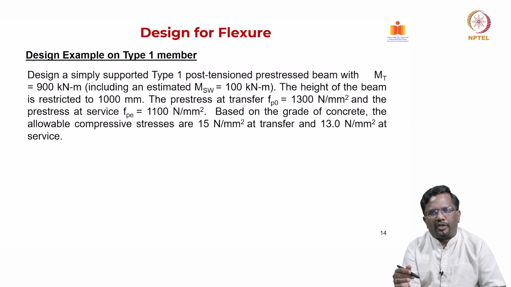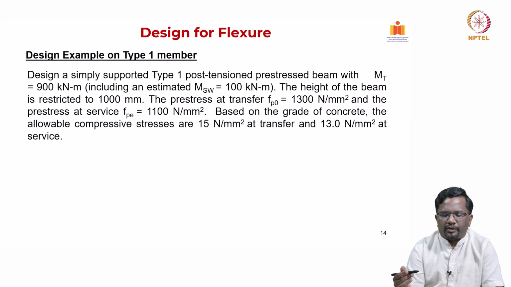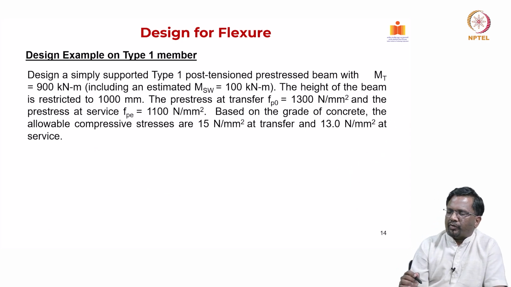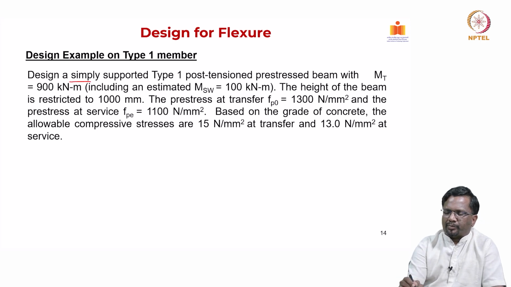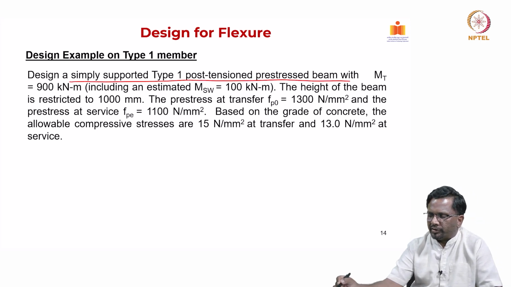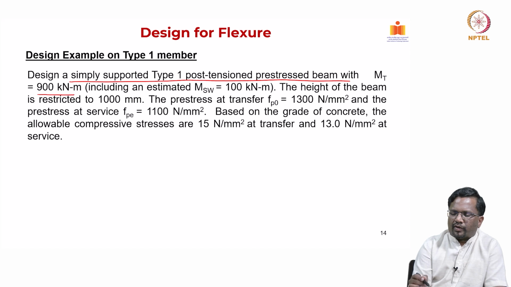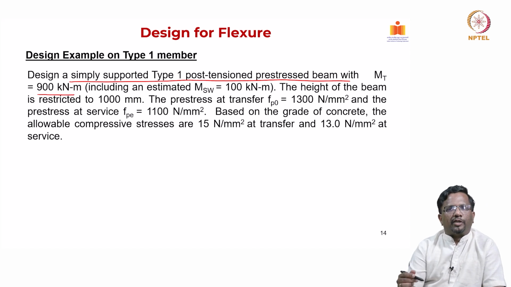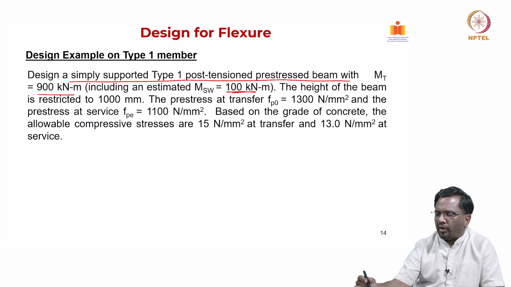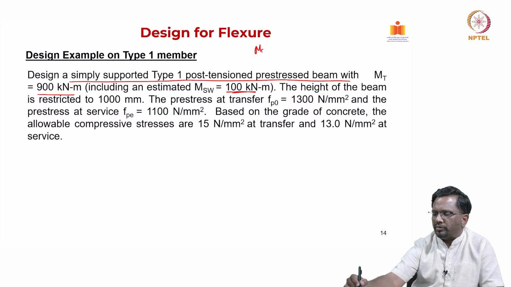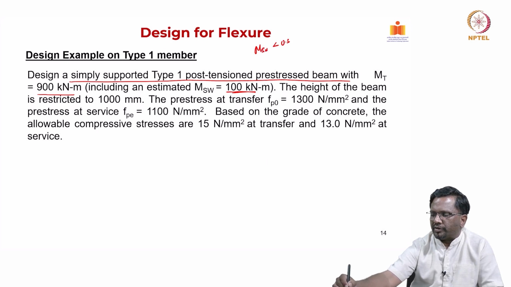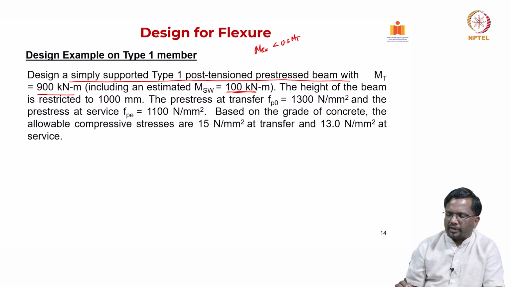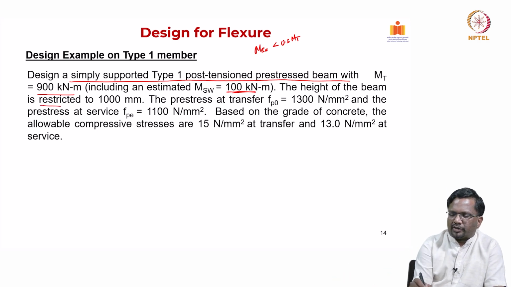Okay, now let's go through an example problem. It will make it easy for you to follow whatever we have discussed so far. We are designing a simply supported type 1 post-tensioned beam with a total moment of 900 kilonewton meter, and I am assuming the self-weight moment is going to be small, MSW less than 30% of your total moment in this case, and the height of the beam is restricted to 1000